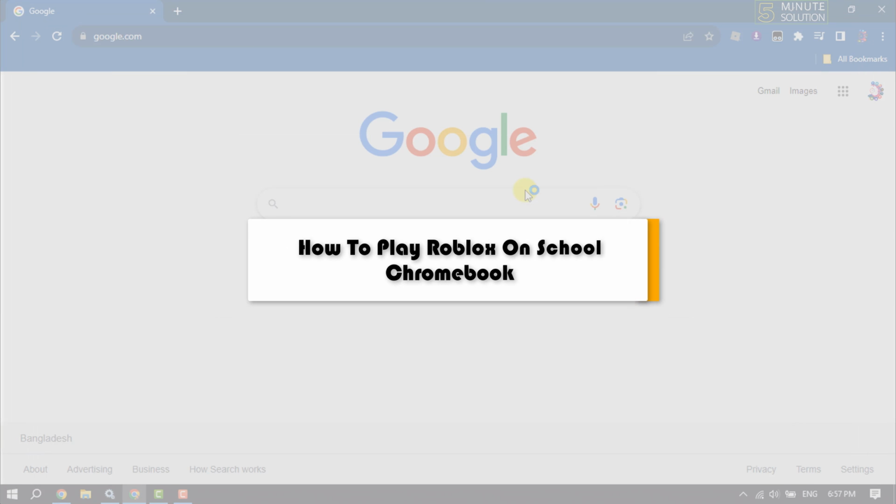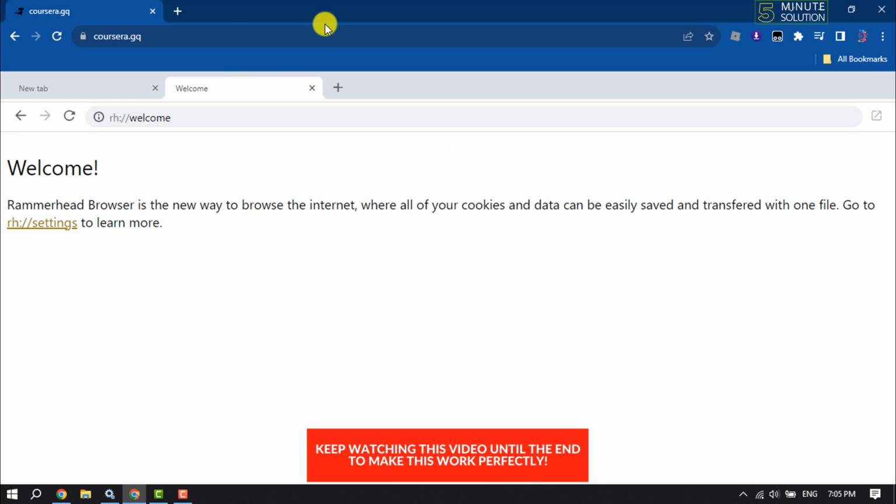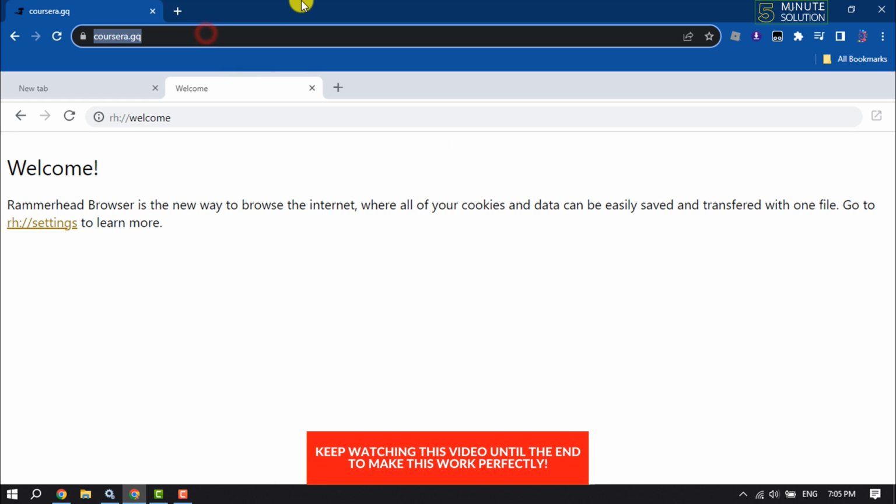Solution will show you how to play Roblox on school Chromebook. Follow this easy and step-by-step guide to do it. First of all, open your browser and open this website